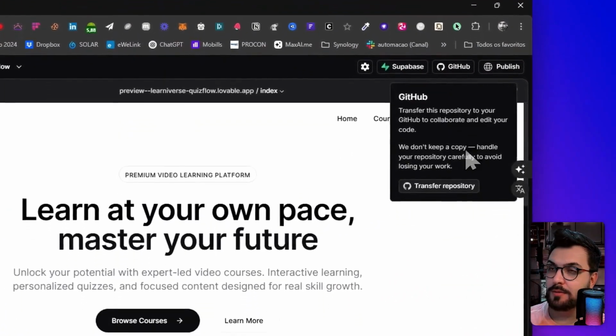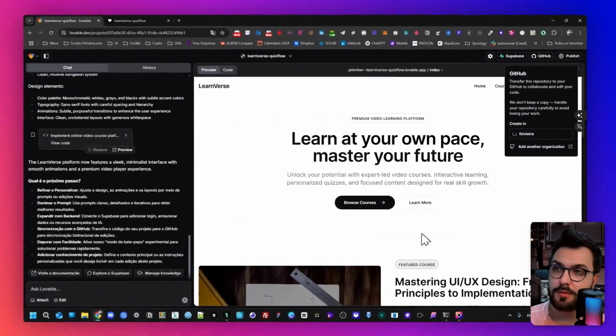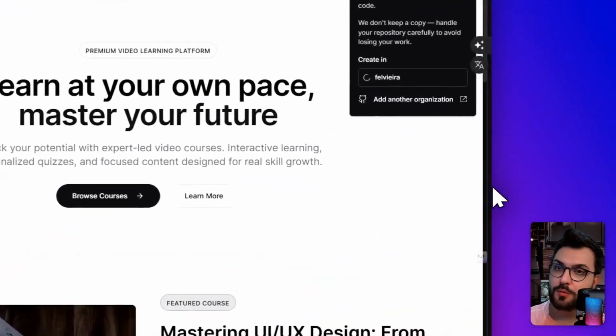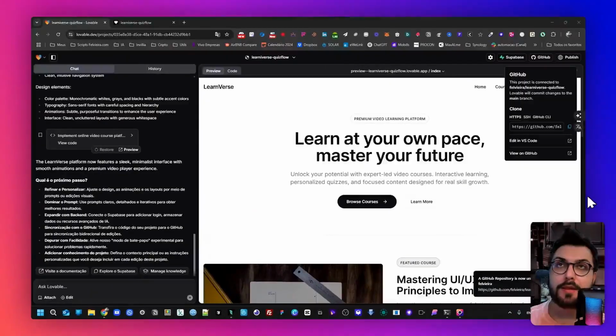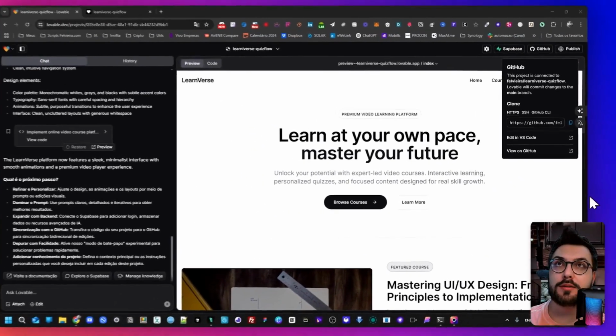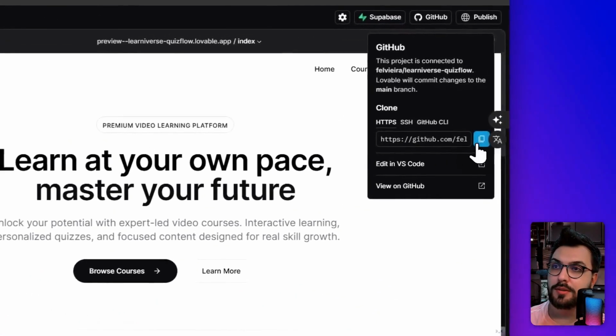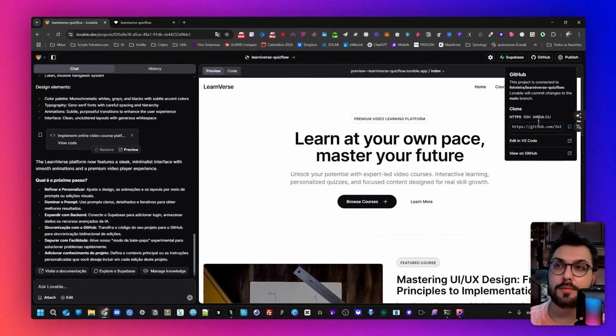All right, done. Let's click here on GitHub. Transfer repository. It's already with mine here. That's the one. Let me just a moment. Let me quickly open up another window right here of my cursor. It's already done here. We are going to copy